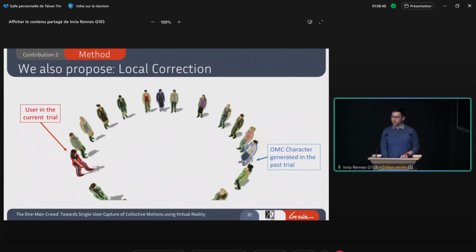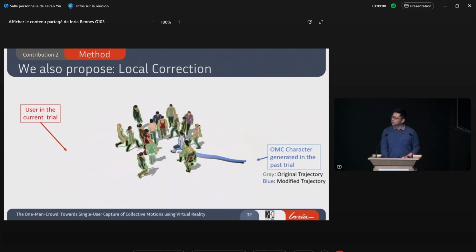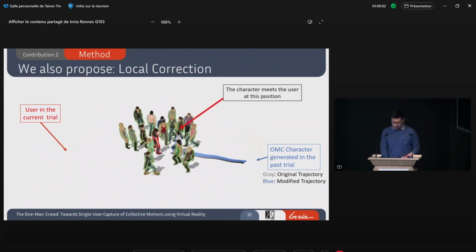The user has, in a previous trial, already generated motion for this OMC character, and now they're going to walk and meet each other in the middle of the scene. At this moment, we use a simulator to take over the behavior of the OMC character, and you will see that the character slows down to give way to the user.